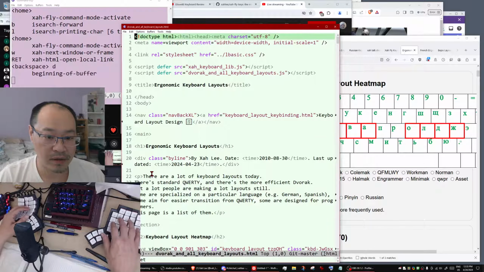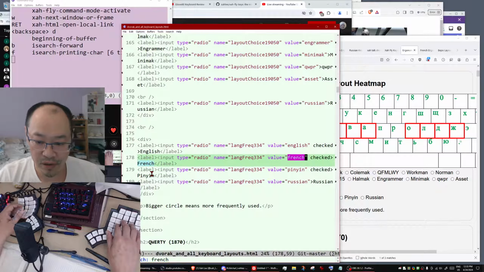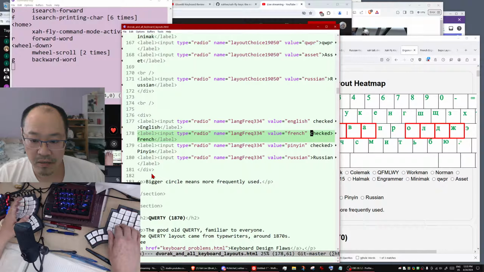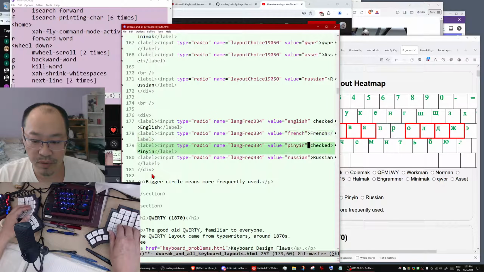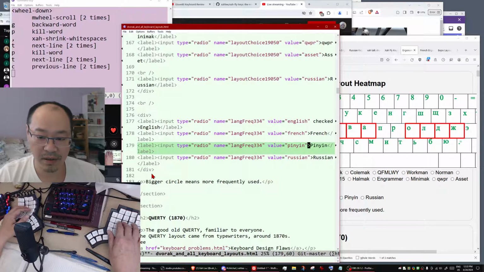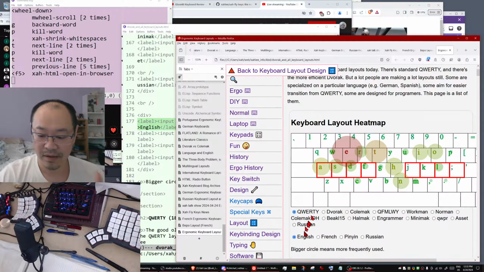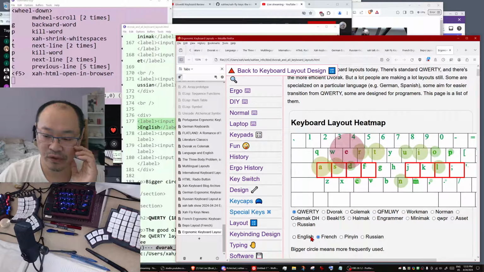Actually, French, there's a mistake. This shouldn't be checked. Remove the checked French, remove the checked Pinyin. English should be the default. Show in browser. Yeah, okay. French, English,